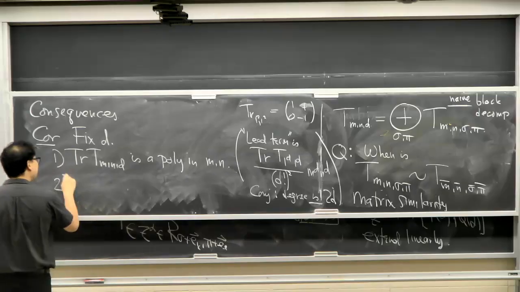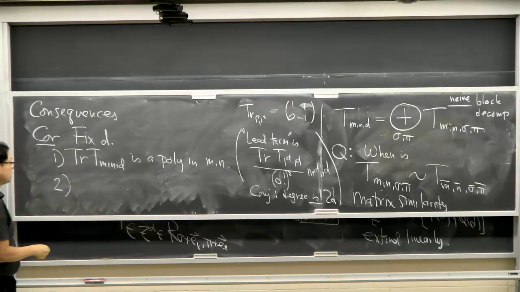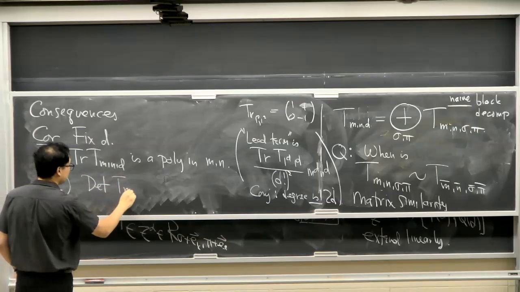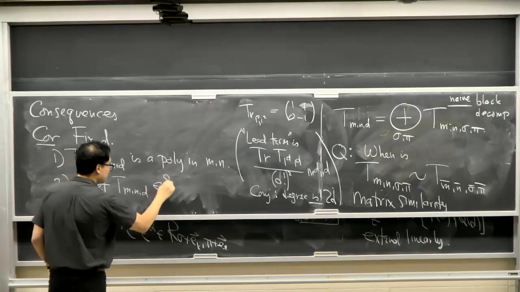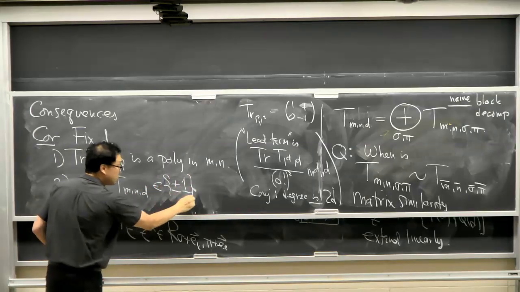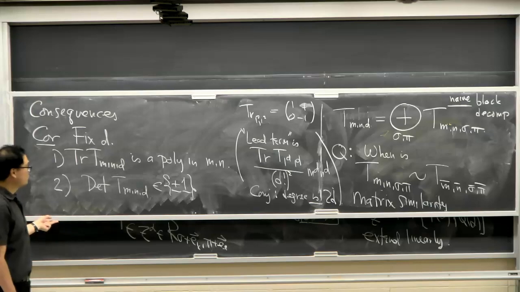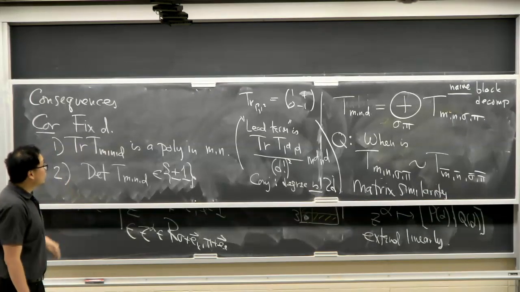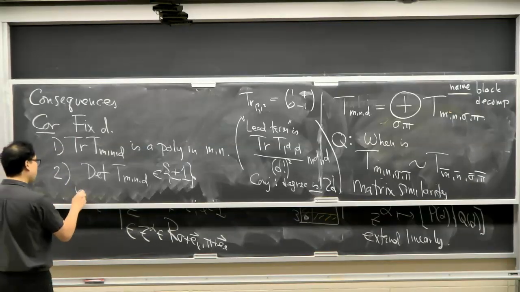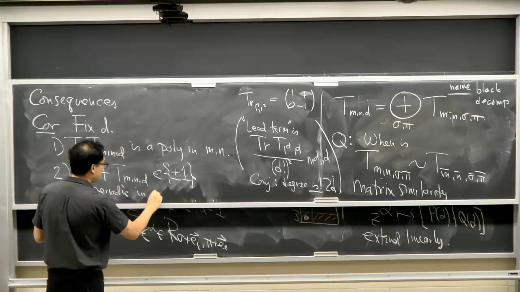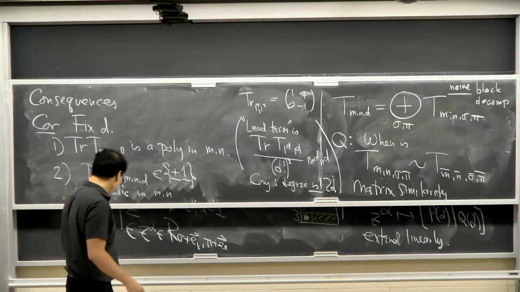The other statement is that, again, fixing D, I want to talk about the determinant. First of all, it's easy from first principles to see that the determinant is always plus or minus 1. Why? Because it's an integer matrix, it's invertible, so if they have any determinant, they have to divide 1. That's not the content. The content is this is periodic in M and N. More precisely,